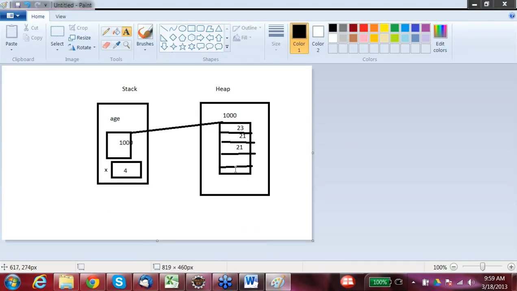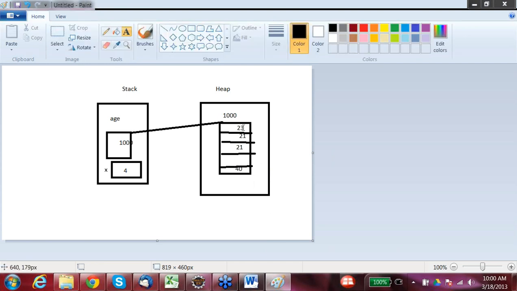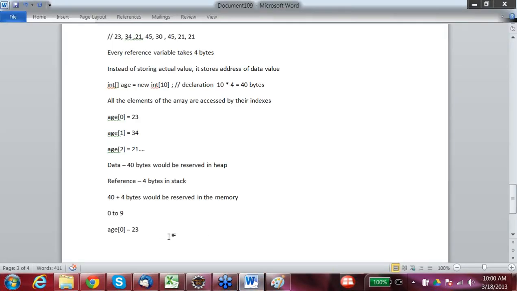And let's say this one is the last. So this is basically, let's say 40. So which index, how can I access the last element? What would be the index? The last index would be 9. So my last age 9 is equal to 40. Similarly, you can say age 1, age 2, age 3 up till age 9. So in total there would be 10 elements, but the indexes would range from 0 to 9.